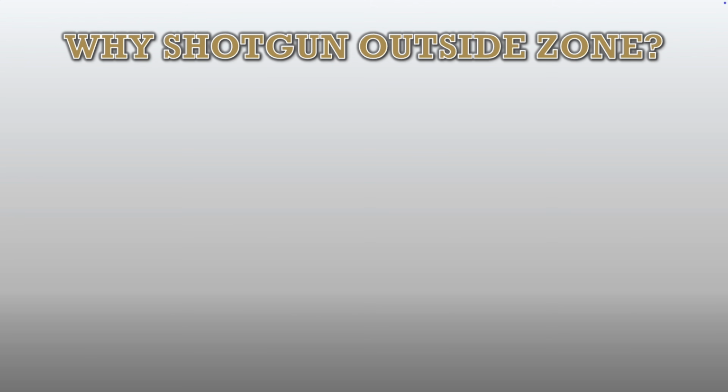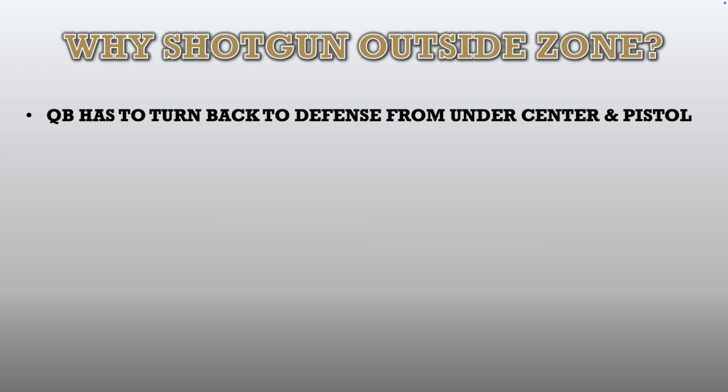So there are a few things to consider when running outside zone or wide zone from the shotgun. And the first thing we need to consider is, why would we do it in the first place? Why would we get out from under center, or why would we get out of the pistol to get in the shotgun for outside zone? The biggest reason for me is that from under center and the pistol, the quarterback has to turn his back